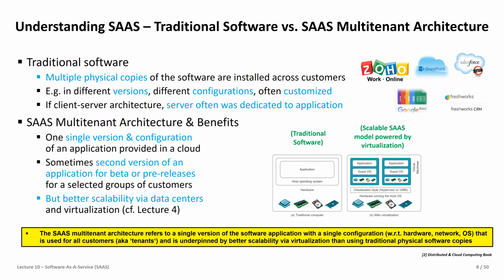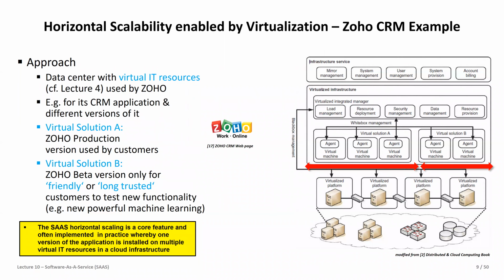And of course, here sometimes you have different versions of the same application, such as a beta release, for testing. But essentially, we go back to lecture 4 and understand why that is so flexible and possible, because you have the power of virtualization, where you put all your different PaaS components in. And then the physical infrastructure grows via these cloud data centers that we discussed in lecture 4. And this was the idea of horizontal scaling, where you can always grow with the load, no matter what application or virtual solution you have. I think by now that is very clear.